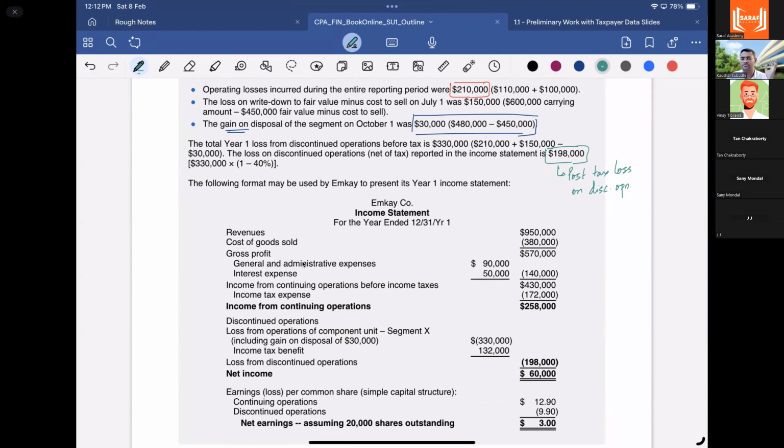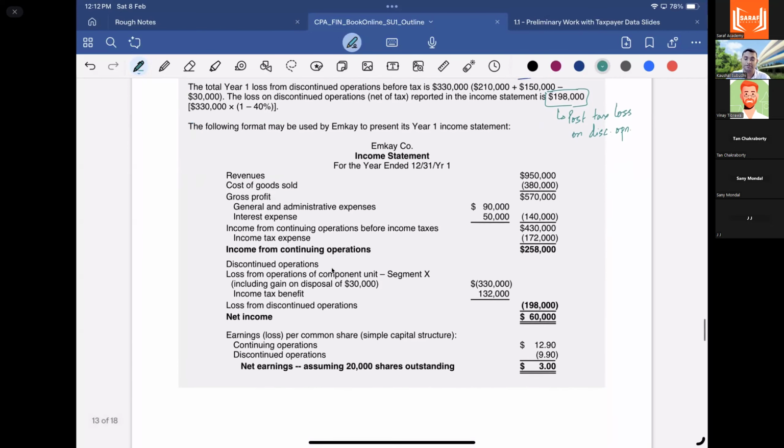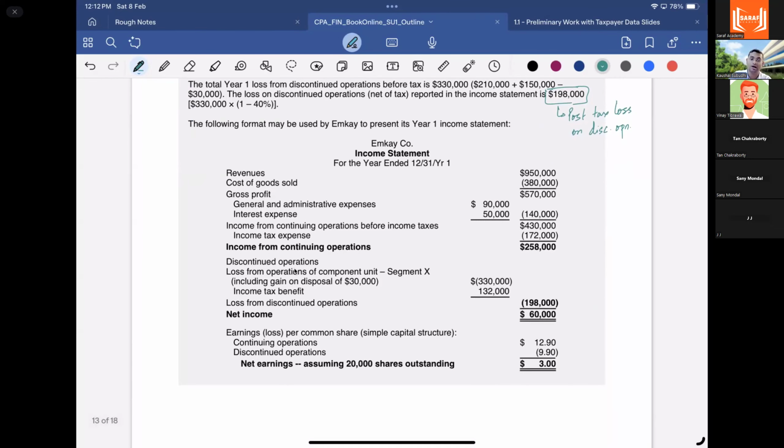Now, of course, over here we are just combining everything together. Then you have your income from continuing operations before taxes. After taxes, you again reduce 40% over here. Then you are getting 258. You will also show the details of discontinued operations here: how much was our loss, how much was the impairment, how much was the gain, how much was the tax benefit, and how much was our final loss. So what will the net income be? If you add continuing operations and discontinued operations, the net income is going to be